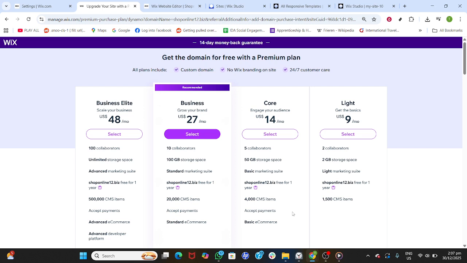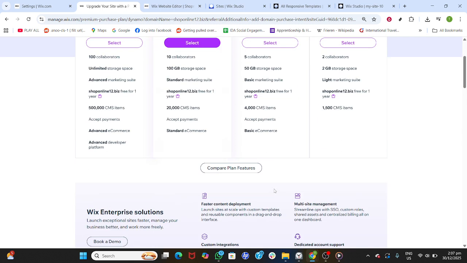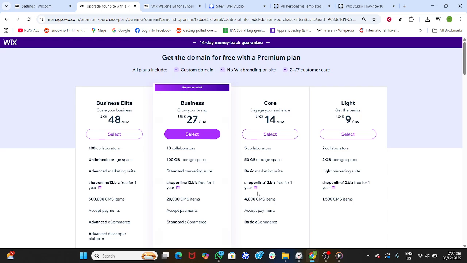Publish your site if you haven't already, and then visit your new domain to confirm it's live. That's it. You searched for a domain, selected a recommended option,